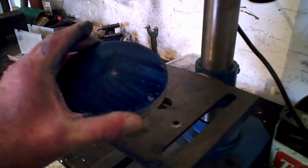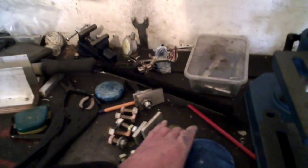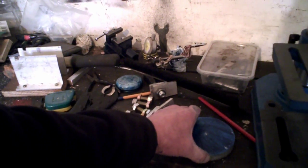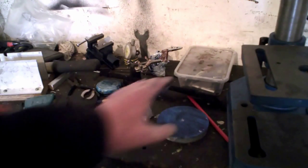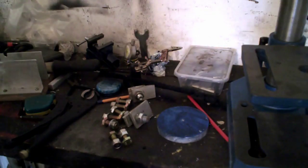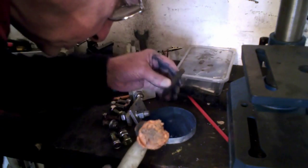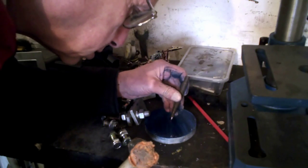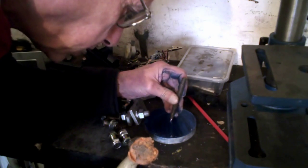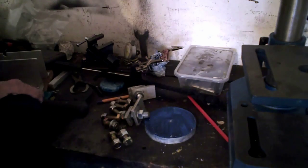Right, so we just centre dot this, and if I move the camera to here, right, there we are, you can still see it. You don't need to see me do this, but I've got to be careful with this. Now, I've got to get this smack in the middle, which should be there. There we are. Now we've got a dot,